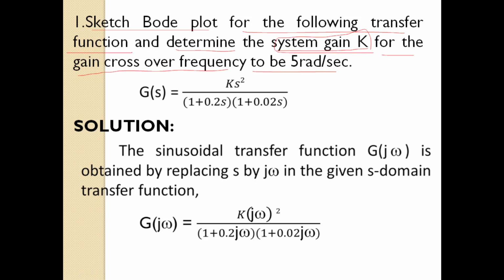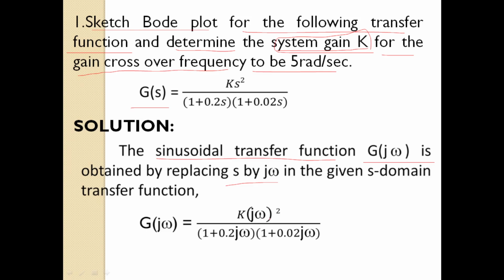So the given transfer function, that is the open loop transfer function, is G of s equal to k into s square by (1 plus 0.2s) into (1 plus 0.02s). This given open loop transfer function must first be converted into sinusoidal transfer function, that is, G of s must be replaced by G of j omega. So s must be replaced by j omega. In the given open loop transfer function, replace s by j omega, you will get G of j omega